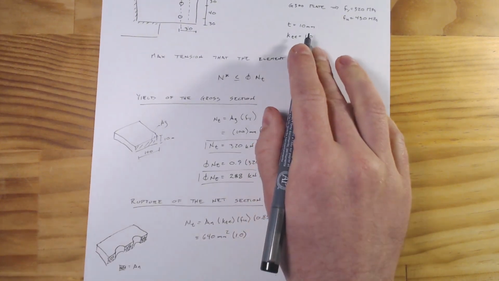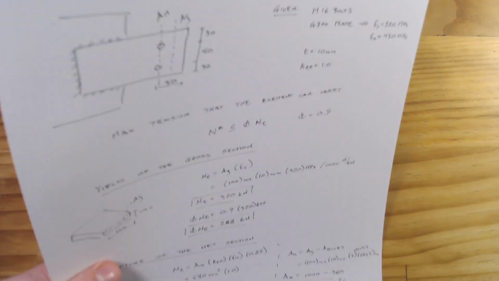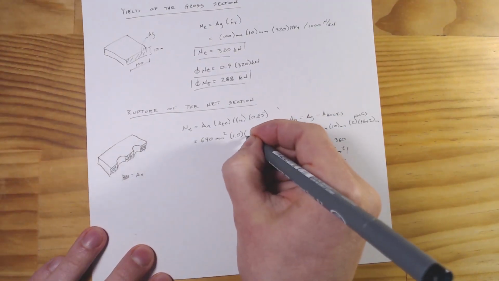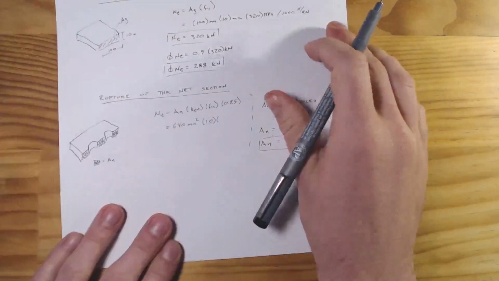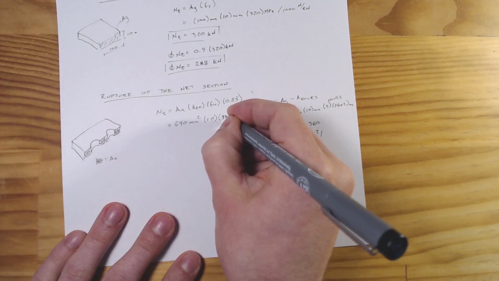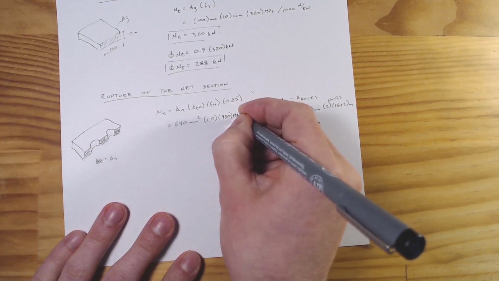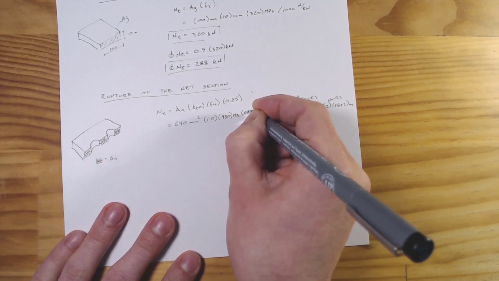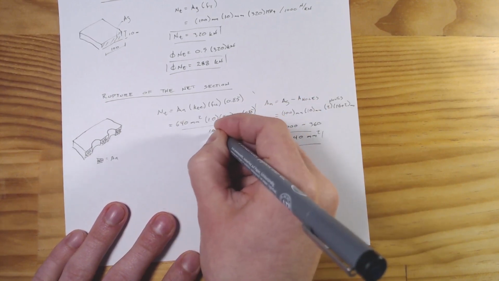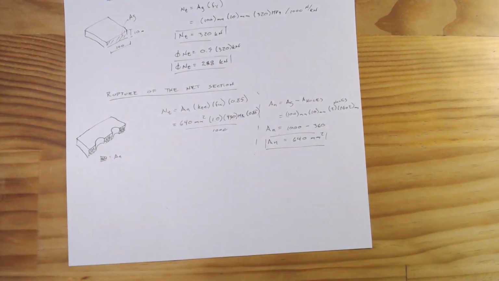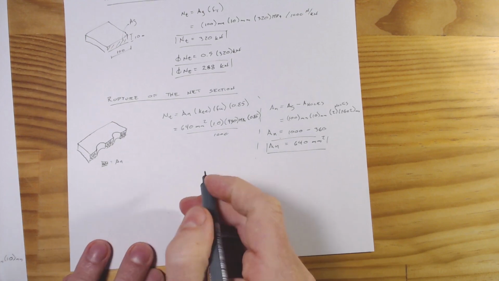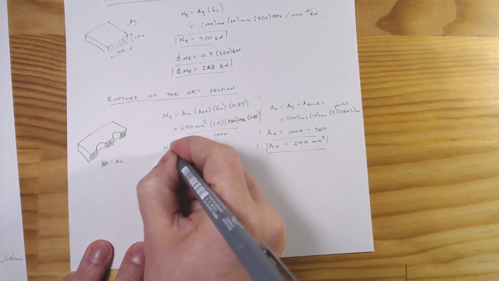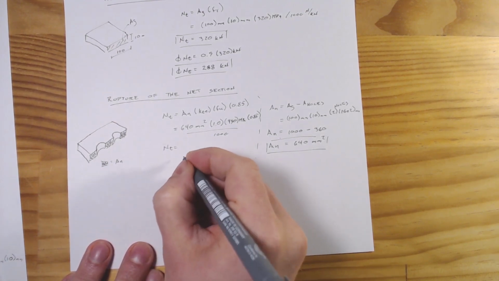Again, this was given to you. It's also going to be 1.0 because it's a flat plate, which we will discuss later, times 430 megapascals for our ultimate, times 0.85, over 1,000. And then if we crunch those numbers, we get